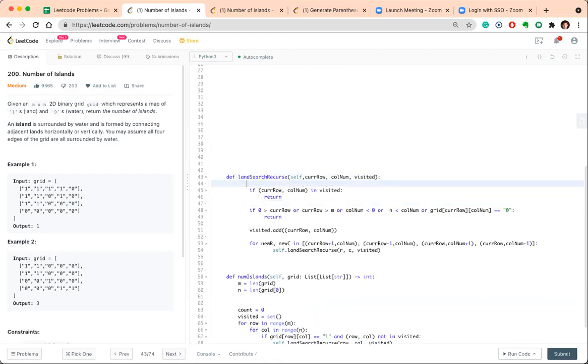In that, this could be our base case. This could be our backtracking condition. And this is just extra processing to mark them visited, because we might need that for subsequent recursion calls.